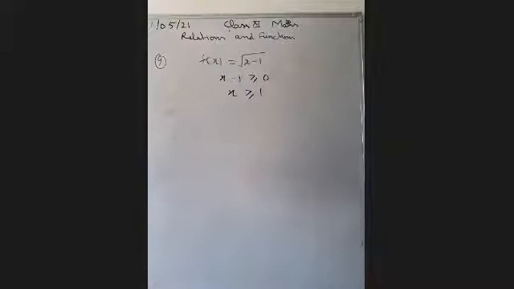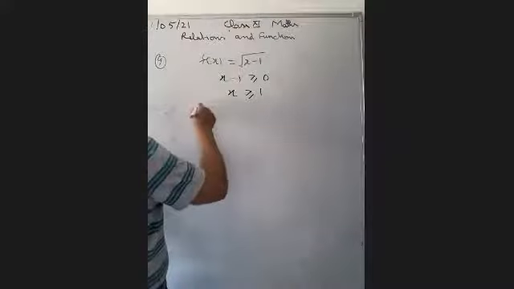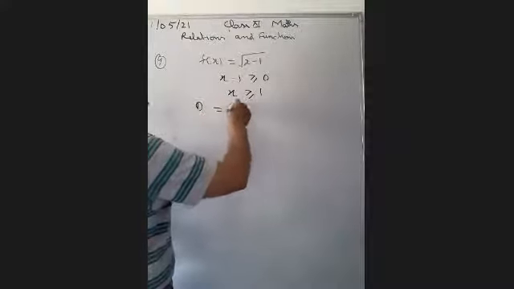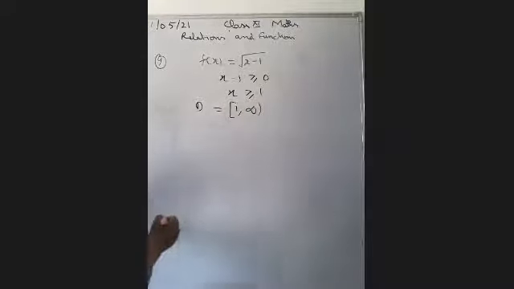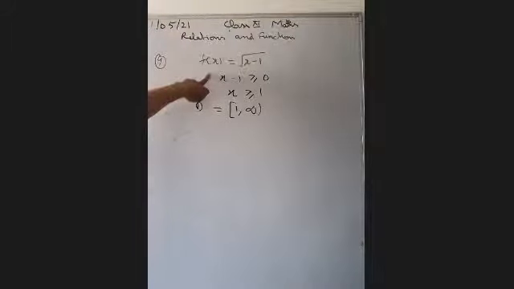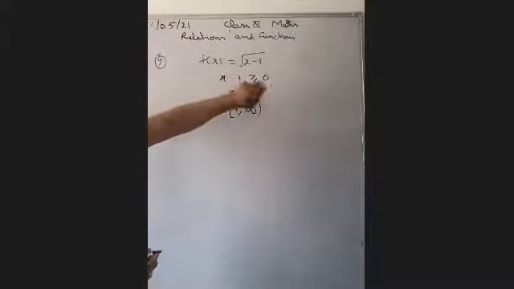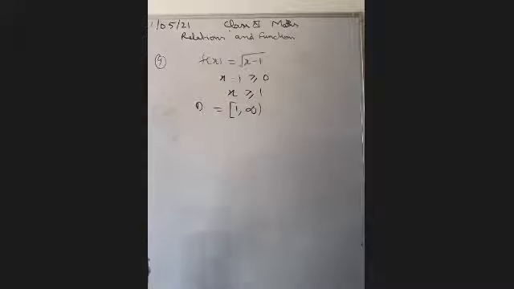That is, the value of x should be greater than or equal to 1. So you can write domain equal to [1, ∞). This is your domain. This term was given in a square root, that's why we have taken those values which are positive or 0. The x - 1 should be greater than or equal to 0. Taking 1 to the right hand side, it means x is greater than or equal to 1. So we can write this as [1, ∞).